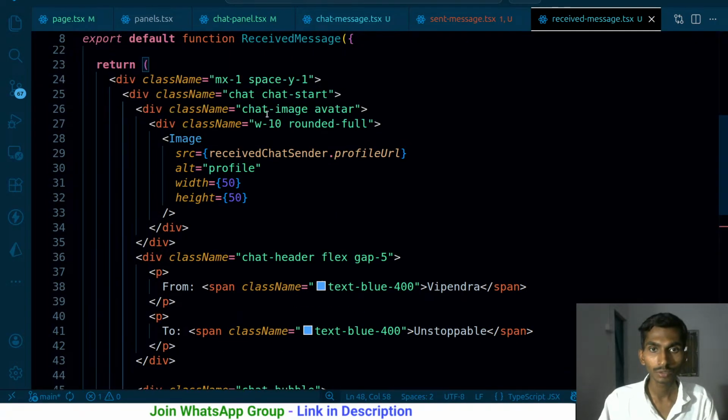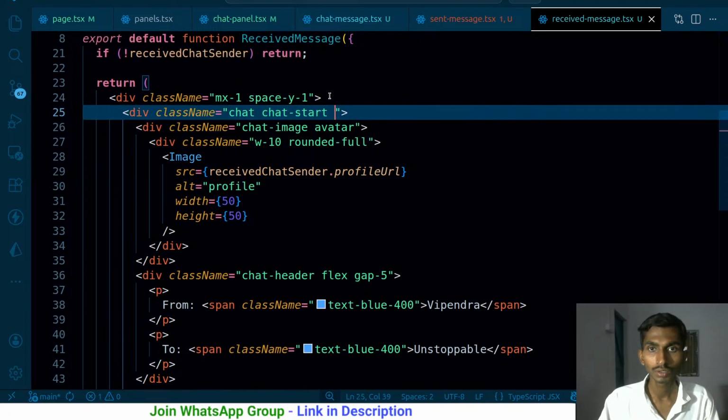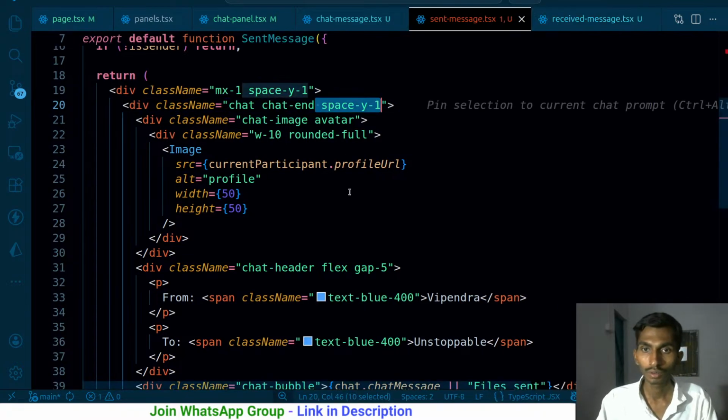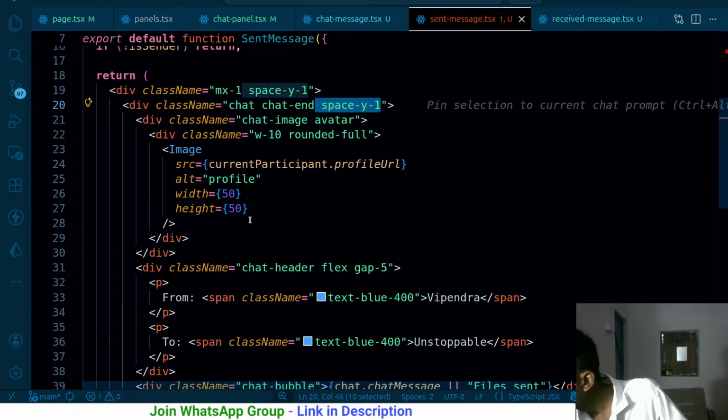So wherever I have chat start, space y1, and I have paused